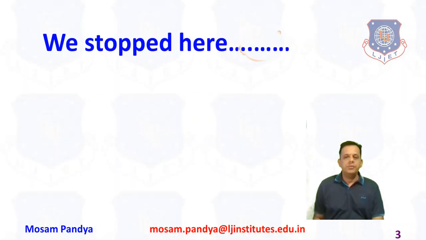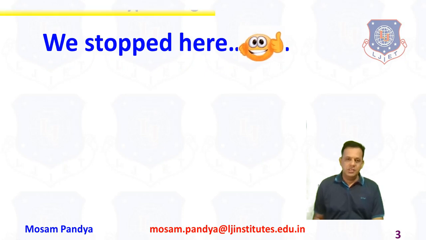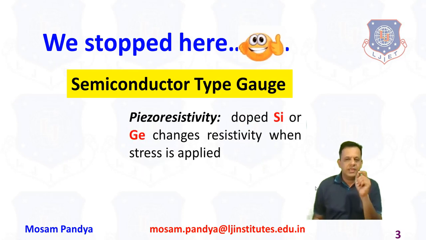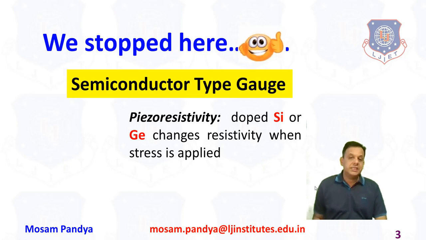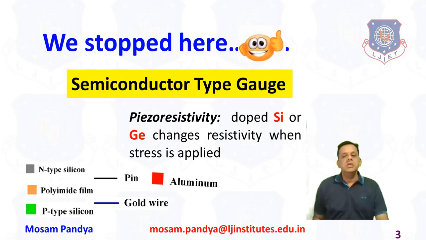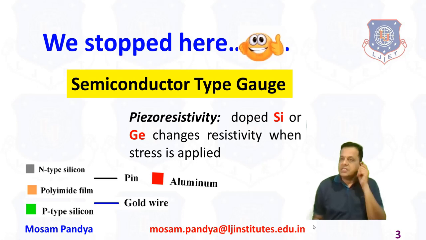And where we stopped last time was the semiconductor type strain gauge that I talked a little bit about, and one very crucial word, piezoresistivity, where semiconductor type of material, when stress is applied, their resistivity will change. This typical characteristic is known as piezoresistivity, and this will be utilized to sense the stresses, specifically